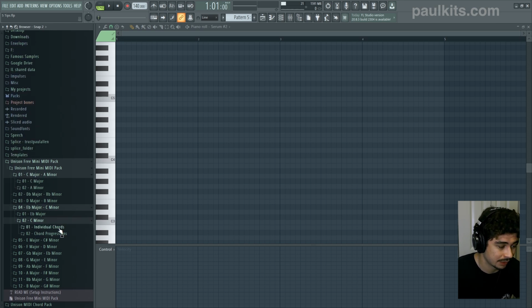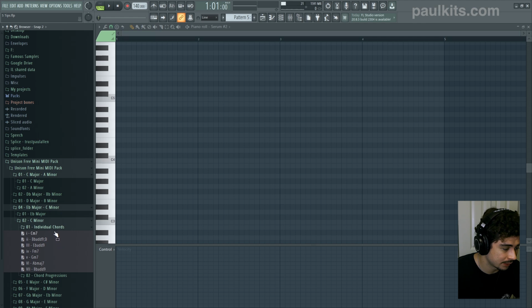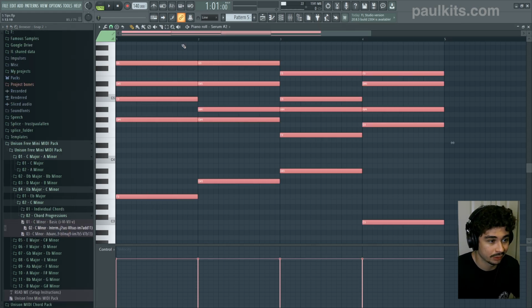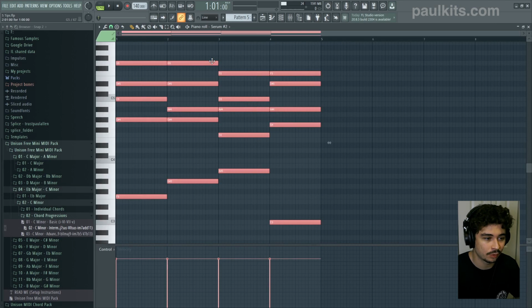We're gonna go into, for example, C minor, and then instead of going into the individual chords and just grabbing one chord at a time, I like going into the chord progressions here. We can drop this into the piano roll here, and it's gonna pull up a full-on progression, right? So if we play it,